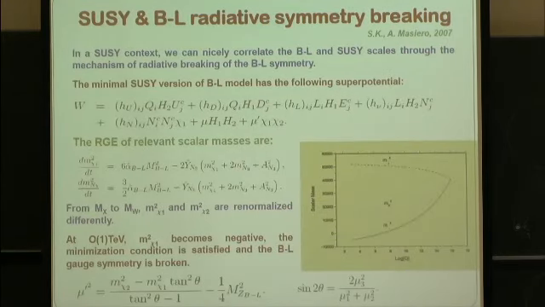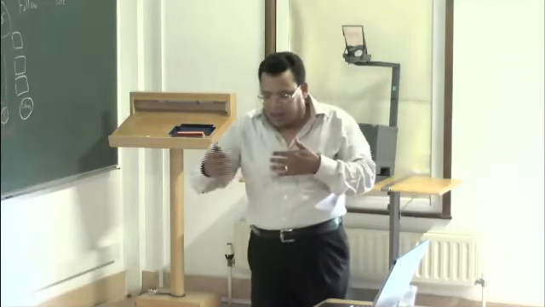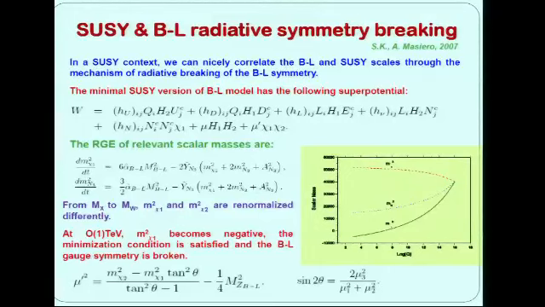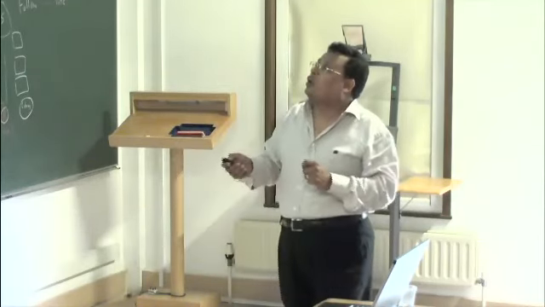The point now is: is it necessary that we break B-L at a high scale, or can it be at the TeV scale? In fact, breaking a symmetry in general can be at any scale. For example, for the electroweak symmetry breaking in the standard model, we don't know exactly where the electroweak is broken unless we embed the standard model in a supersymmetric extension, the MSSM. Then we study the radiative symmetry breaking, and then we prove that the electroweak is broken at 100 GeV. And we did also the same.